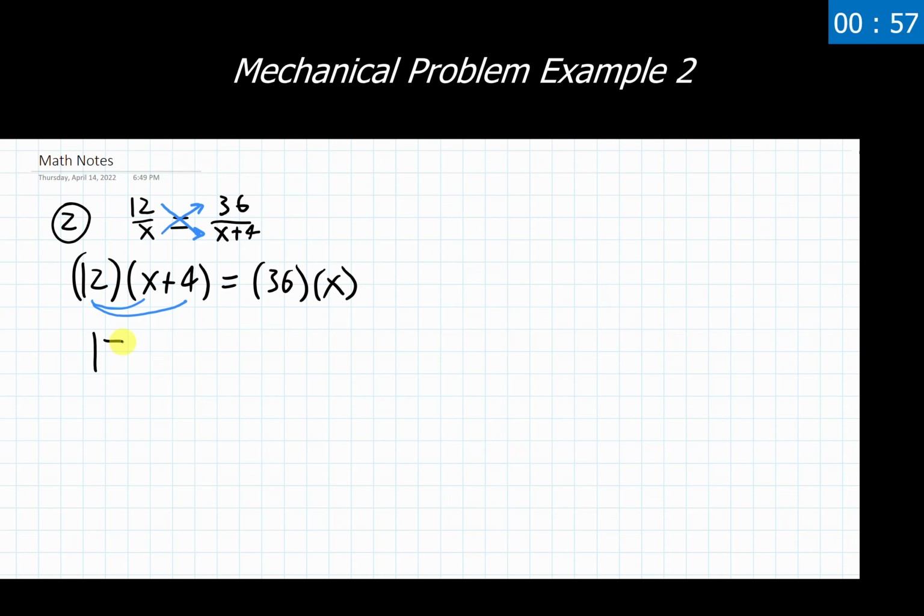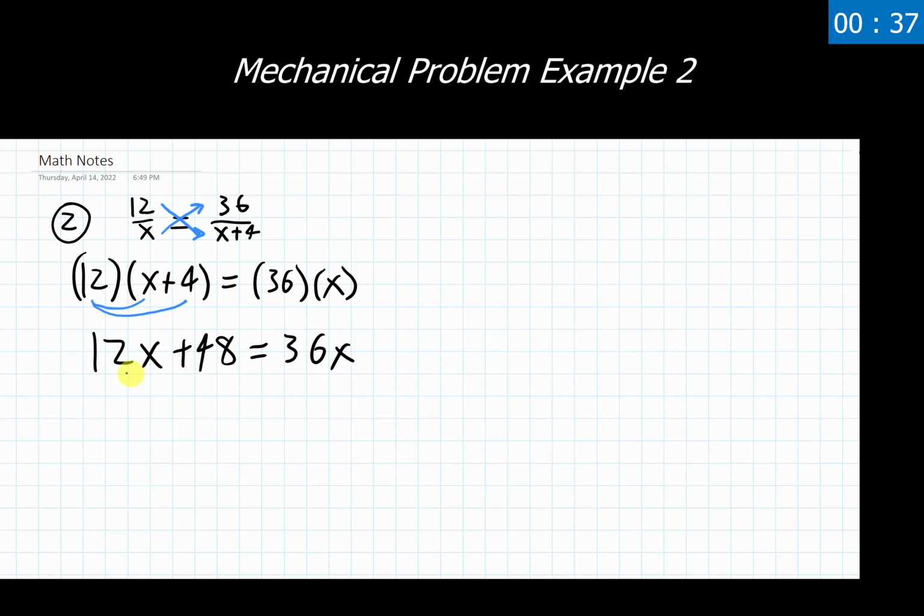But I tend to find that sometimes we might miss that we need to apply the distributive property here. Some people will just write in 12x plus 4 when it should be 12x plus 48. Maybe you're going through this problem and trying to get ahead of things, and maybe you forgot to make this a 48. So be aware of that moving forward, and show your work to avoid that error showing up.